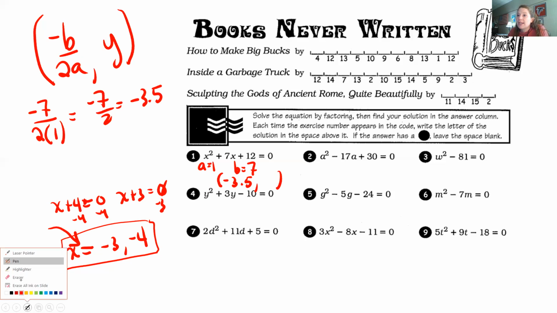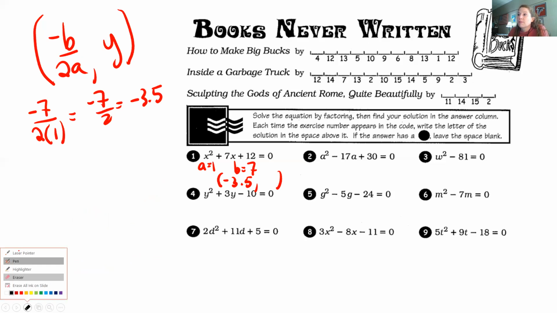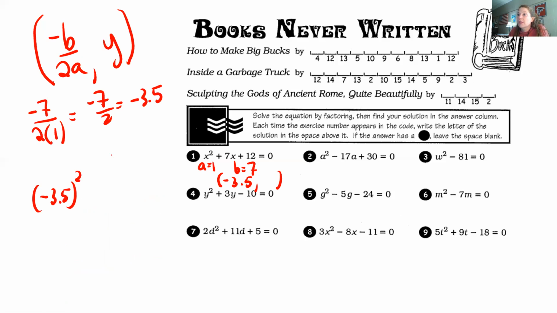And then we're going to plug that into the original equation. And you, of course, can use your calculators. But we're going to do negative 3.5 squared right here plus 7 times negative 3.5 plus 12. So I'm going to plug it in my calculator, parentheses, negative 3.5, parentheses, squared, plus 7 times negative 3.5 plus 12, and I would get